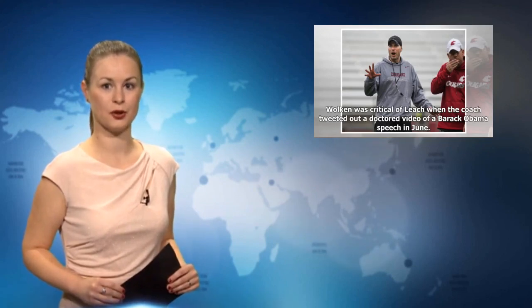The 7th-year WSU coach described that as an homage to a friend of mine, but anyone who followed along with the summer Twitter feud between Leach and Dan Wolken knows it's a subtle jab at the USA Today columnist. Wolken was critical of Leach when the coach tweeted out a doctored video of a Barack Obama speech in June. Perturbed with the column, Leach, in a Q&A,